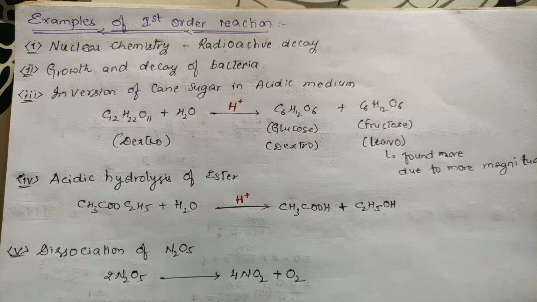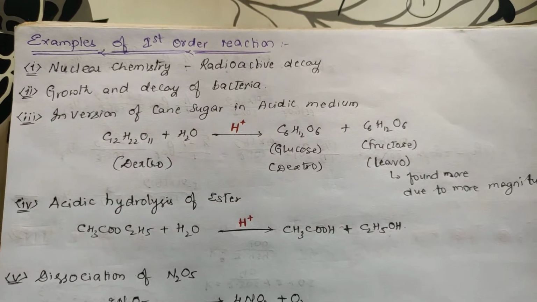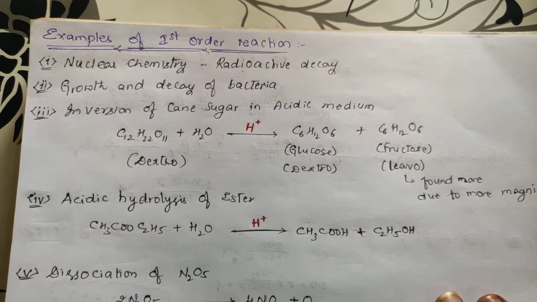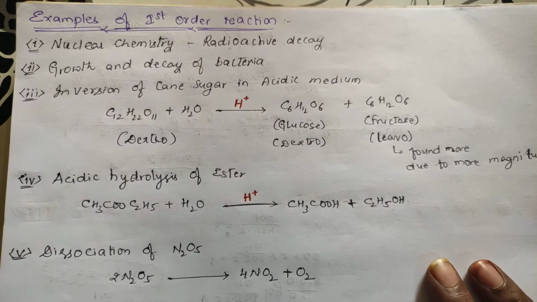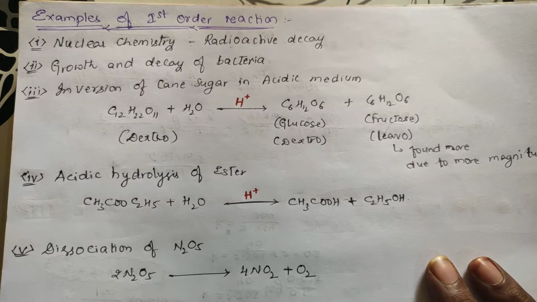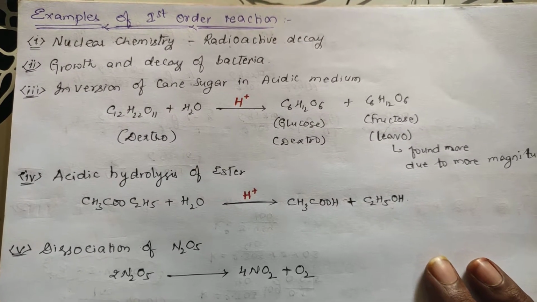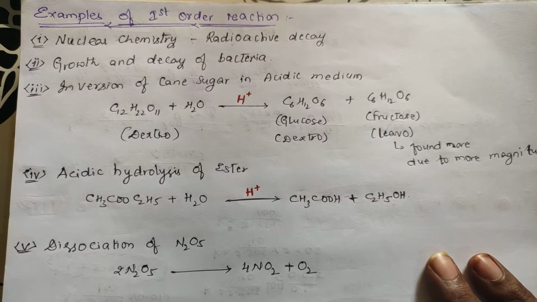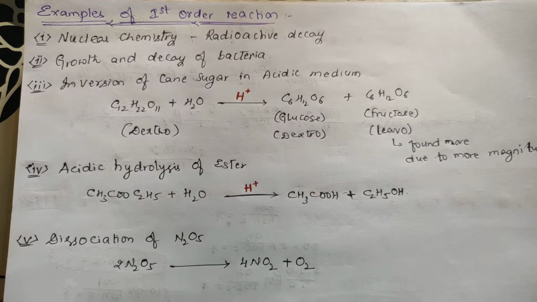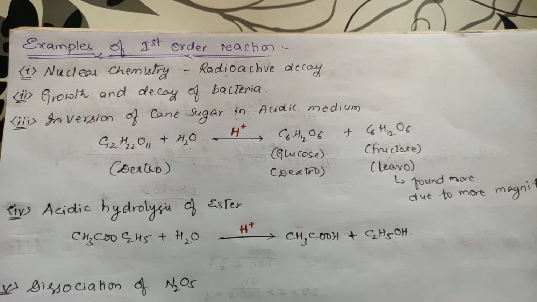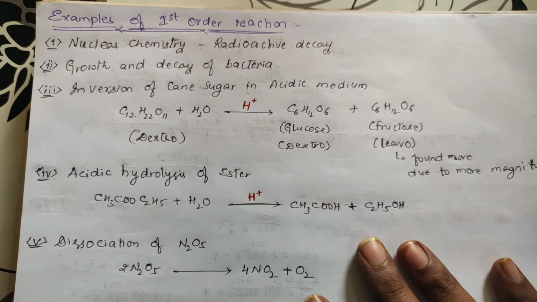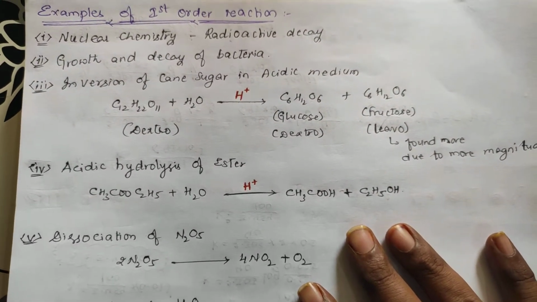Now let us go with respect to examples of first order reaction. I hope that you are following all the graphs as well as the integrated rate equation for the first order, and from the first order itself you will be getting the majority of questions in the examination, because we are having only zero and first order and a slight second order. You don't have much about the second order, right? Only first order is our main thing.